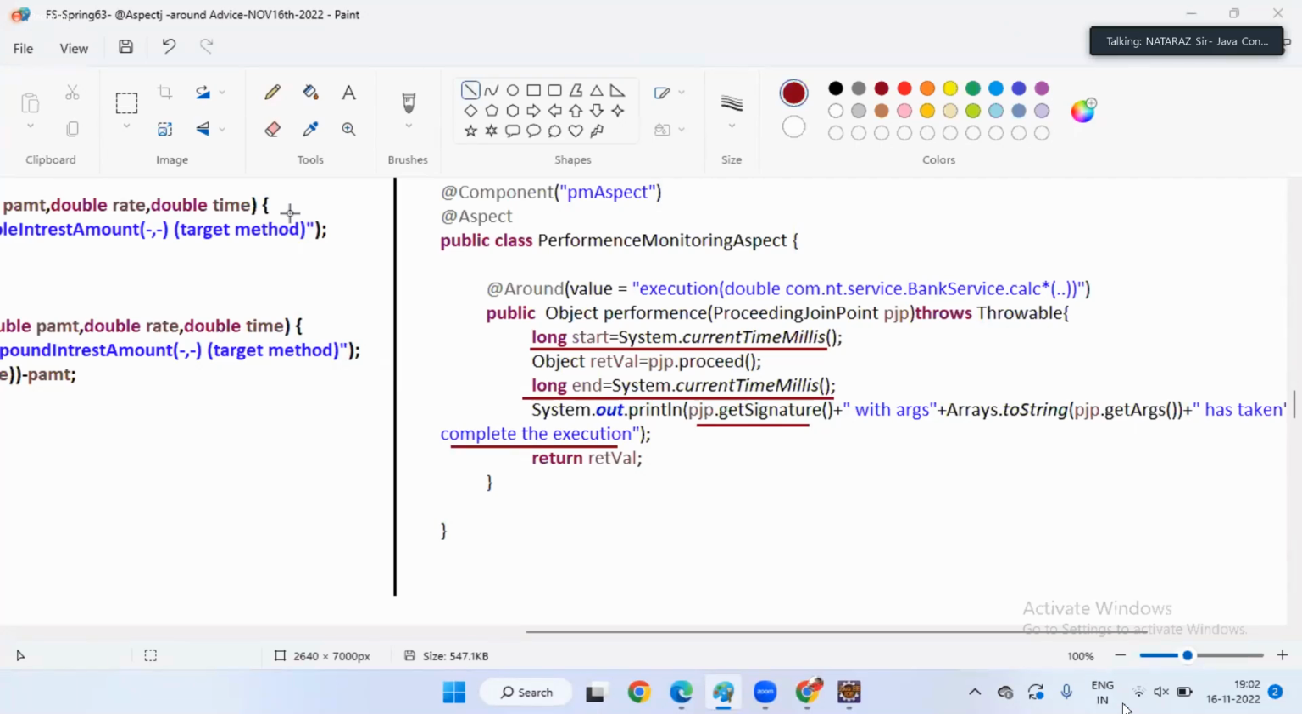Here we can hide monitoring from the client, boss. It all depends upon where you are writing. If you write monitoring to a separate log file, it will be hidden. If you don't, it will not be hidden. Got it? Thank you, boss. We'll meet